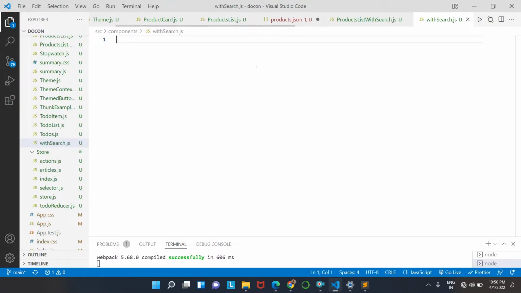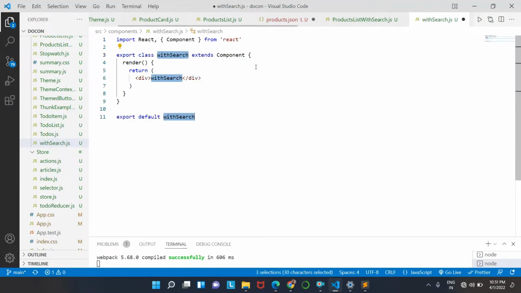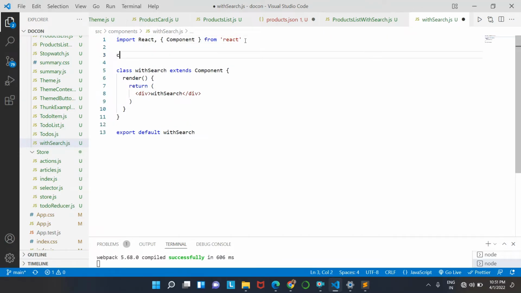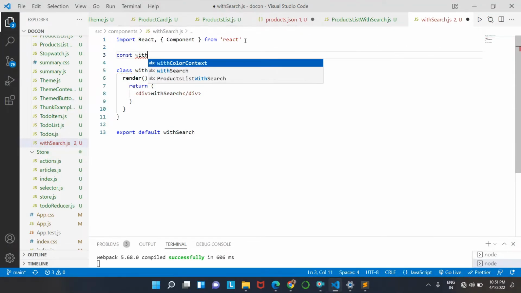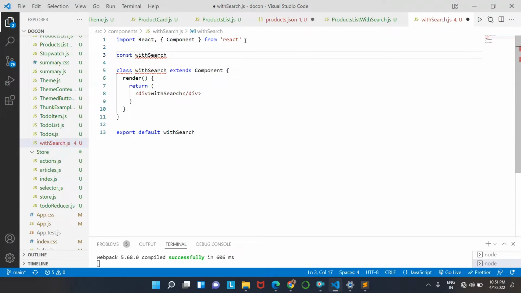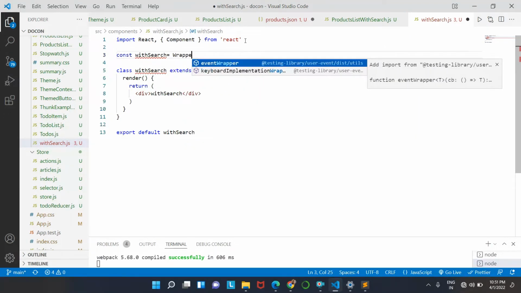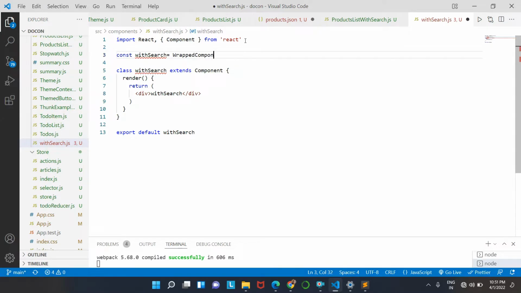Here we are going to create a class component, so RCE, and we will create a const withSearch and call the wrapper component wrappedComponent. Then class WithSearch extends React.Component,